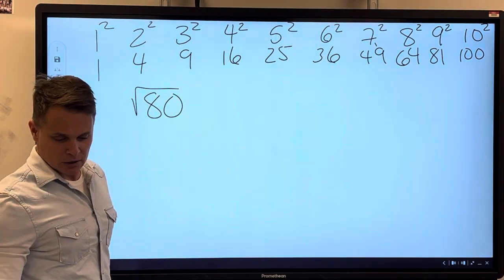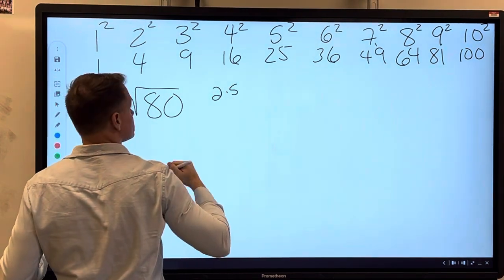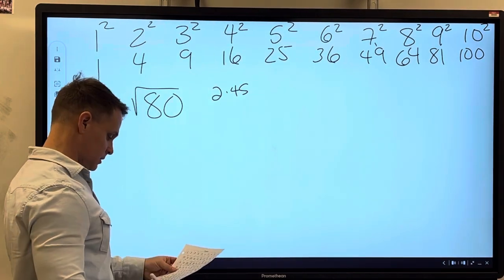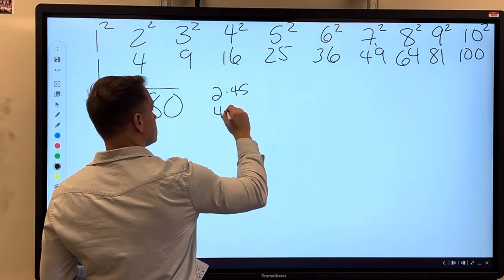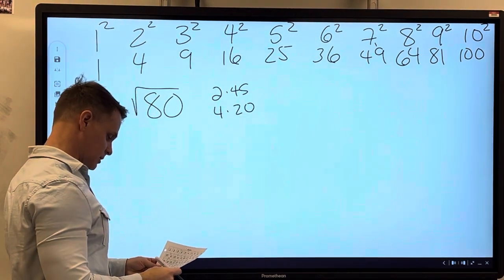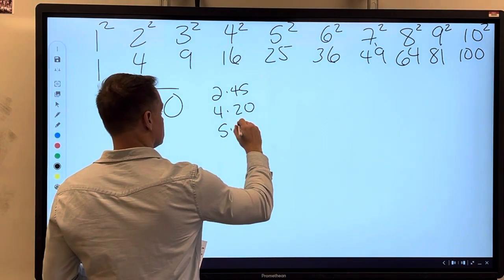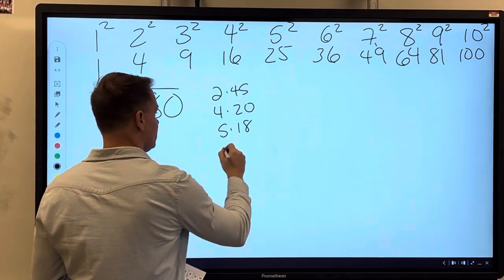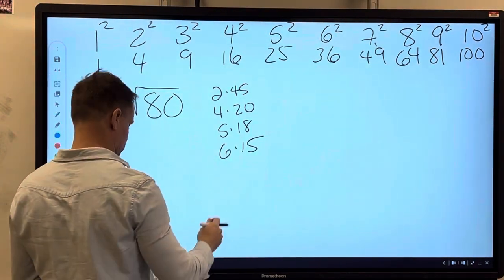It's got 2 times 45, 4 times 20, 5 times 18, 6 times 15, and it is 9 times